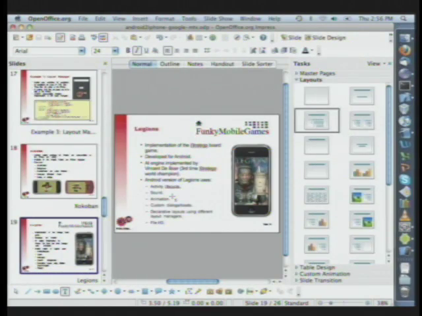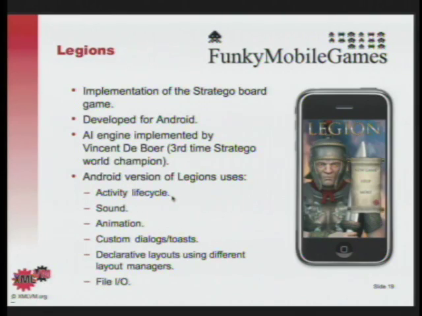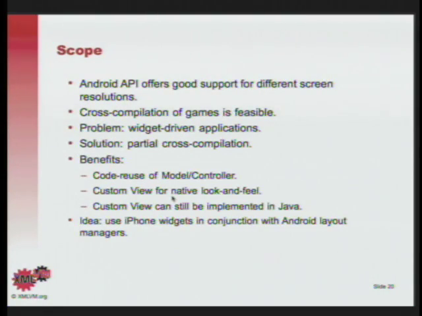So going back to my presentation, of course, the question is how far can you push this? I already mentioned a few times that Android is very well equipped for dealing with device heterogeneity. But what kind of applications can you actually cross-compile? Well, games are certainly a good candidate because games are not bound by user interface guidelines. You have your image buttons and custom dialogs, and apart from this exit button, you can pretty much do whatever you want.